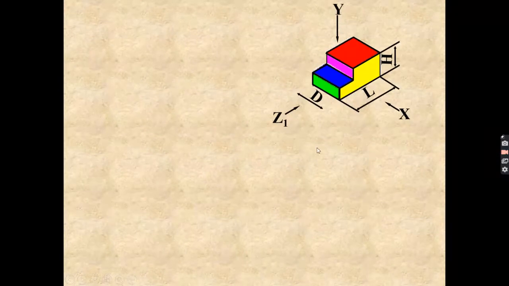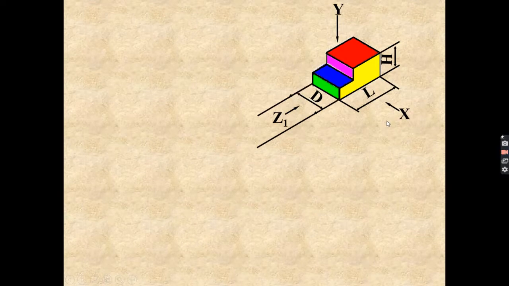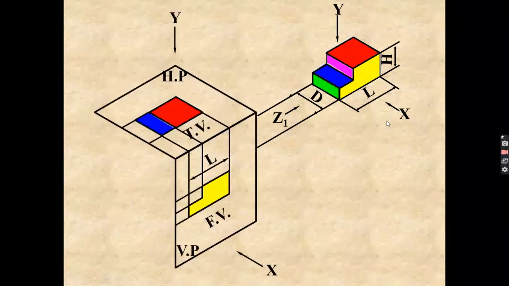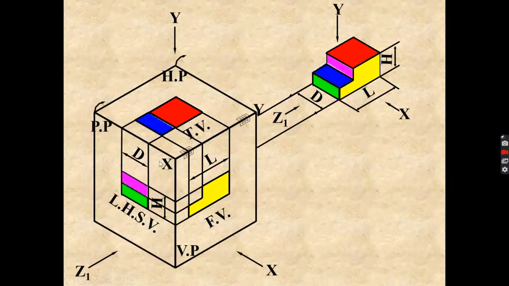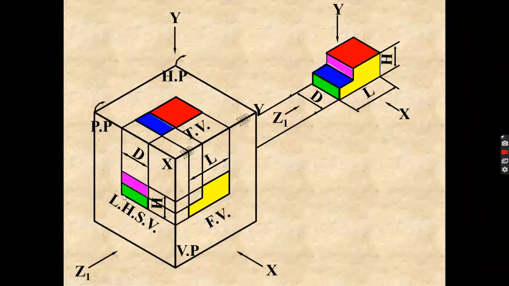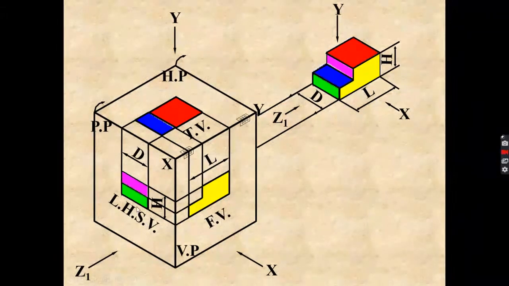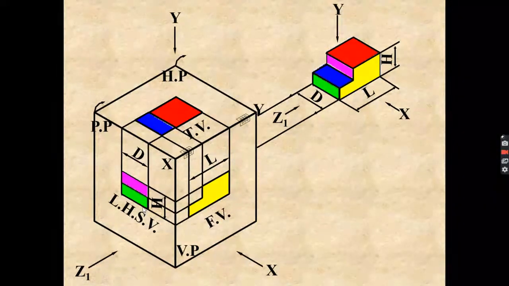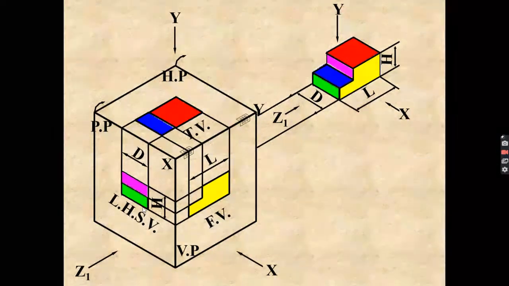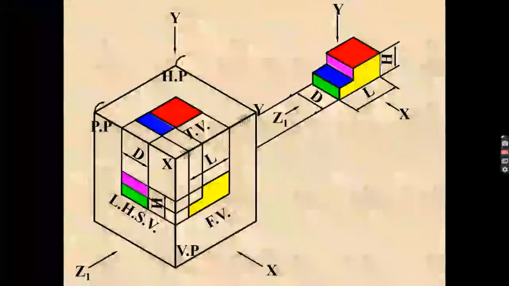So now we will see the third angle projection. This is your object and these are your directions x, y and z. In the third angle position, your object is in the third quadrant. This is how you will get the front view, and this is your top view, and this is your profile plane, and you are getting the side view on the profile plane like this. It is the same thing, but the only thing is your object is in the third quadrant, and you are drawing the third angle projection.